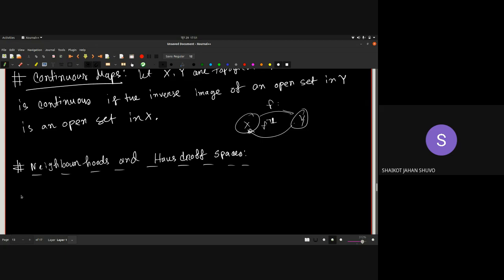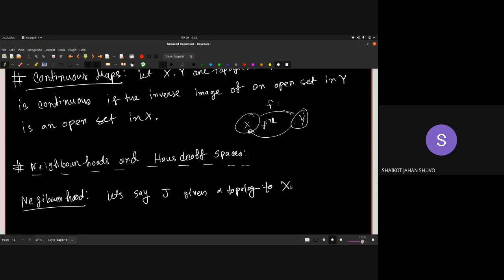So at first, let's take a look at the definition of a neighborhood. So let's say tau gives a topology to some set X. N is a neighborhood of a point